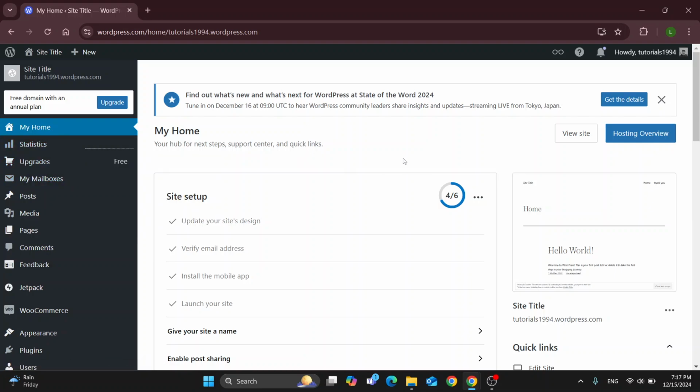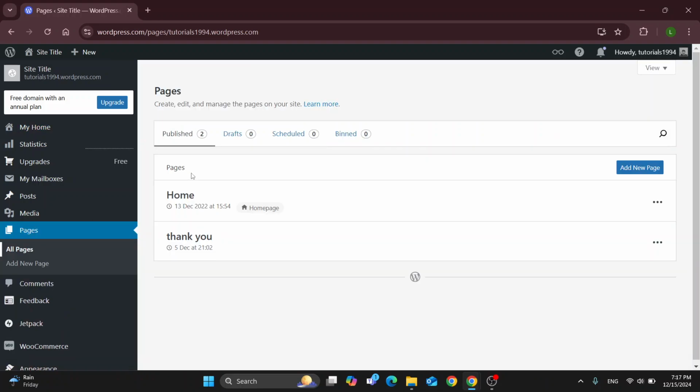So let's go ahead and take a look at how we can get started duplicating a page we want to use in WordPress. What we're looking for guys is right here at the left side screen. We want to open up the pages section. So you can either go ahead and click add new page, or you can just open up your pages where we're going to go ahead and take a look at the menu of the pages that we have. So here is the page menu where I can take a look. My pages have home and the thank you page, and now I can get started with copying one of them